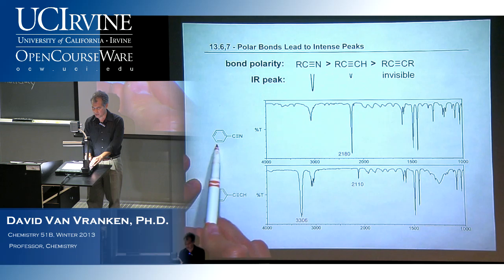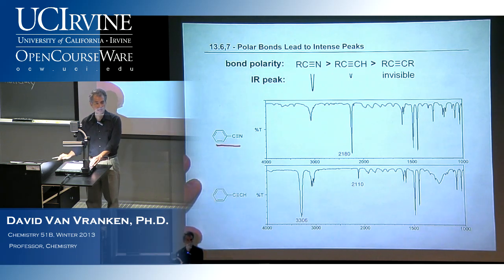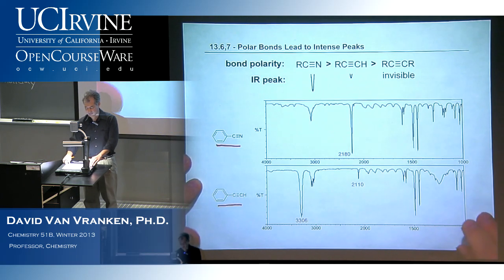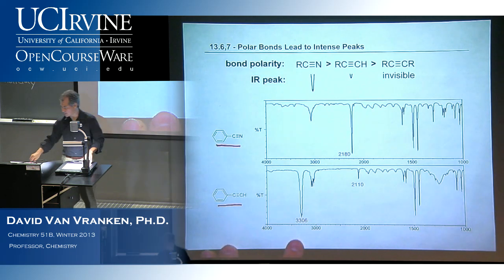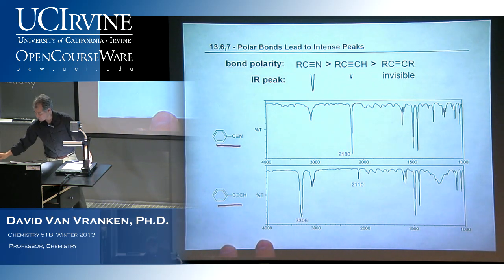This is a molecule called benzonitrile. It's a benzene ring with a cyano group sticking off of it. And down below I've got almost the same molecule, and the only difference is that the triple bond is a CC triple bond. And if we look at the intensities of that triple bond peak in here, you can see that I've got